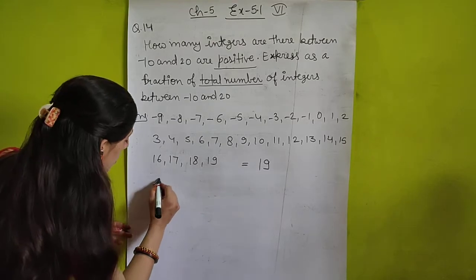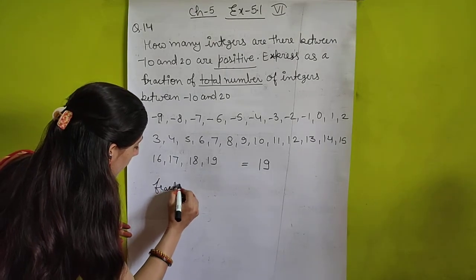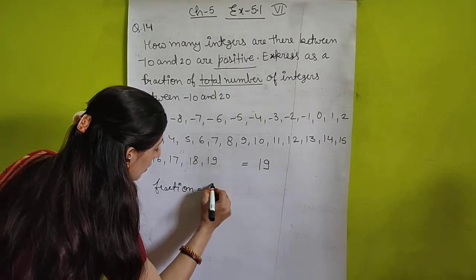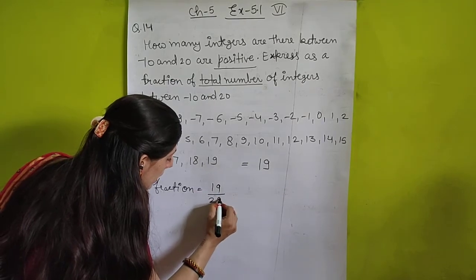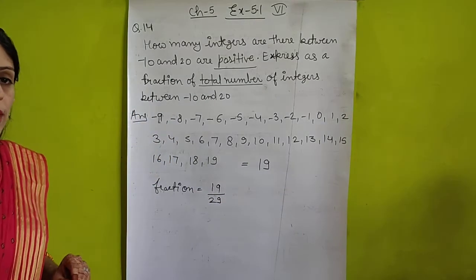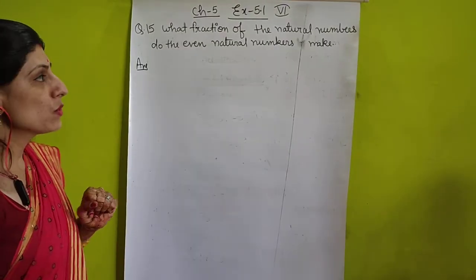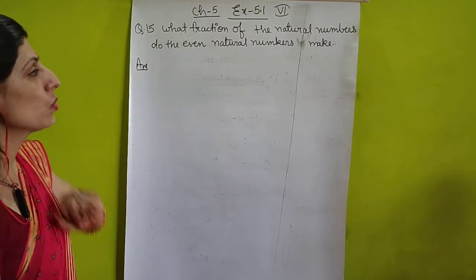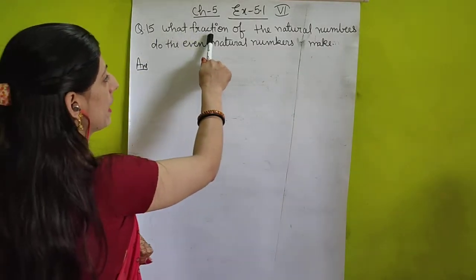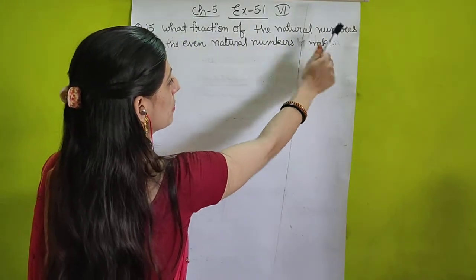So the fraction will be 19 upon 29, and this will be your answer. Understood, students? Now students, question number 15. The question is, what fraction of the natural numbers do